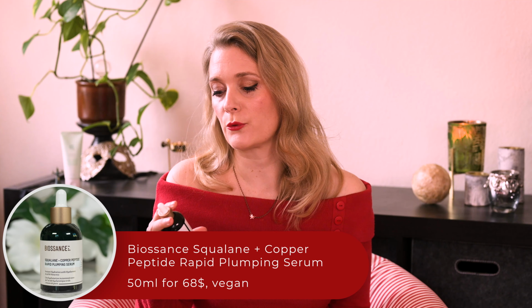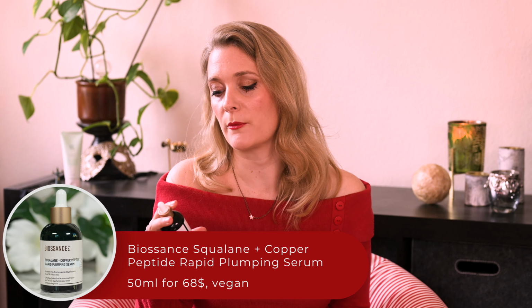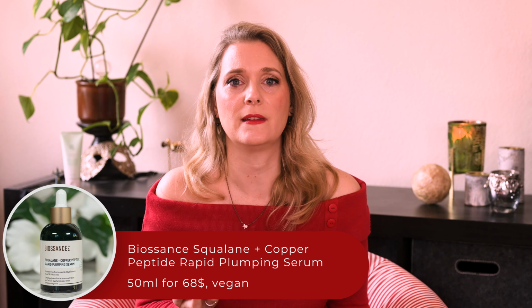From their serum range, I have their Squalane Plus Lactic Acid Resurfacing Night Serum treatment with 10% lactic acid for overnight exfoliation, and then the Biossance Squalane Plus Copper Peptide Rapid Plumping Serum. I'm actually most excited about this one. As you know, I do love copper peptides in my routine, and this one feels very light and has a